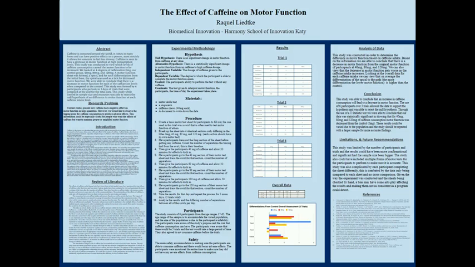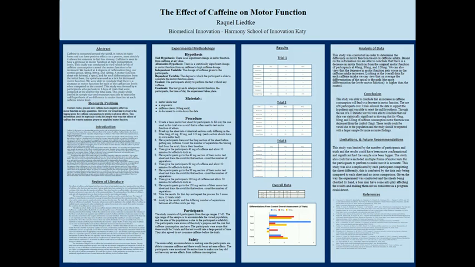So now that we have the basic information on the caffeine effects, we can continue with our experiment. In order to perform this experiment, we must have a null hypothesis. The null hypothesis in this situation is that there is no significant change in motor function from caffeine intake at any of the dosages. So for the 40, 80, and 120 milligrams of caffeine, there would be no difference between the motor function at each one of those as there is at the 0 milligrams of caffeine, or control.